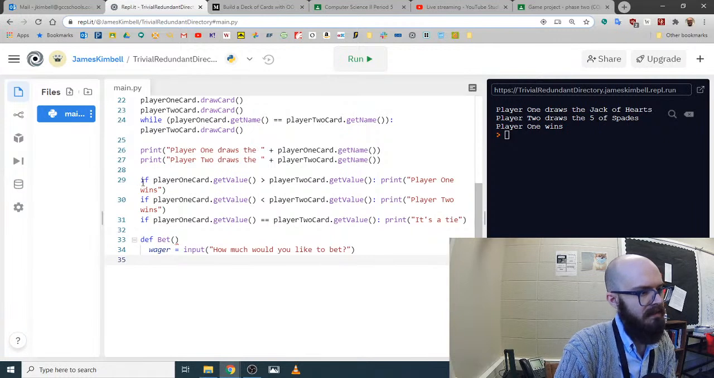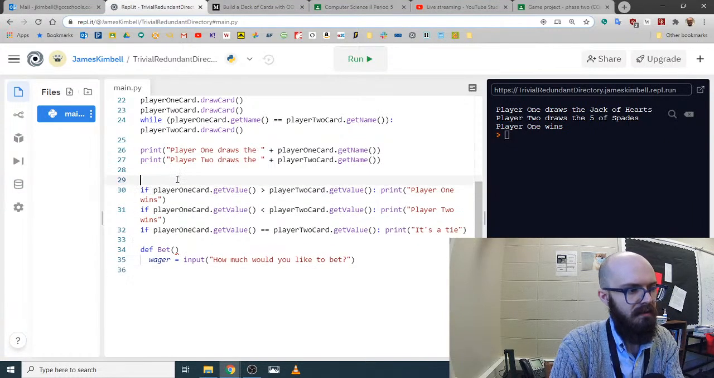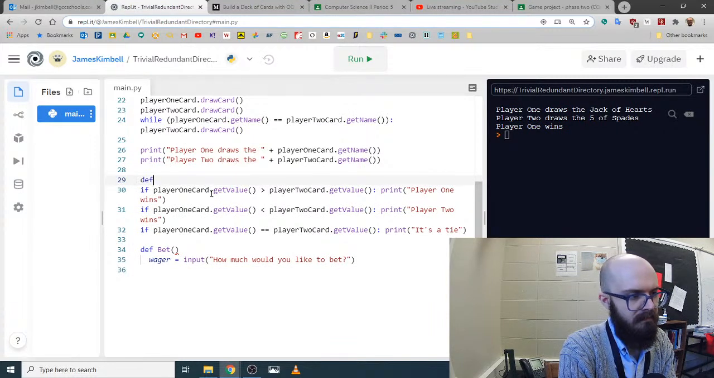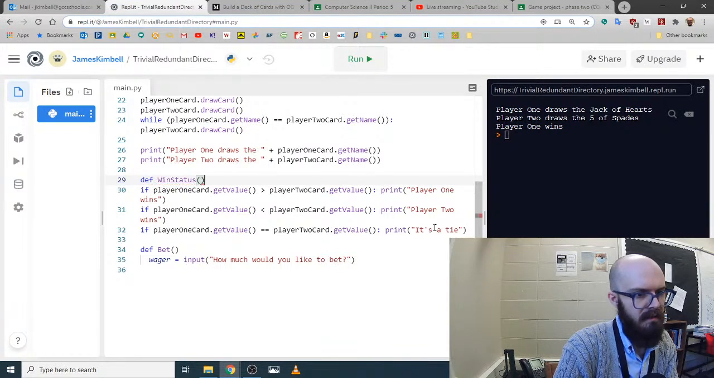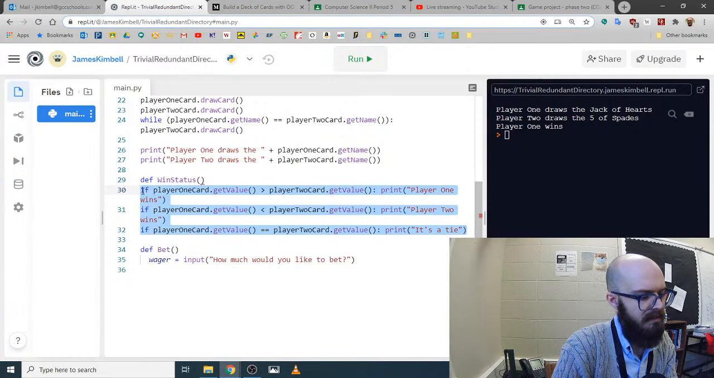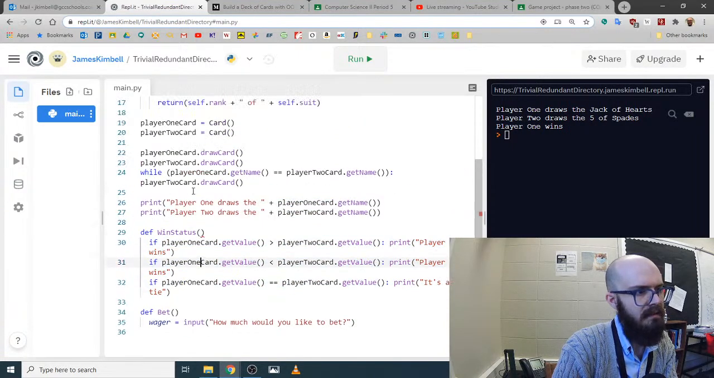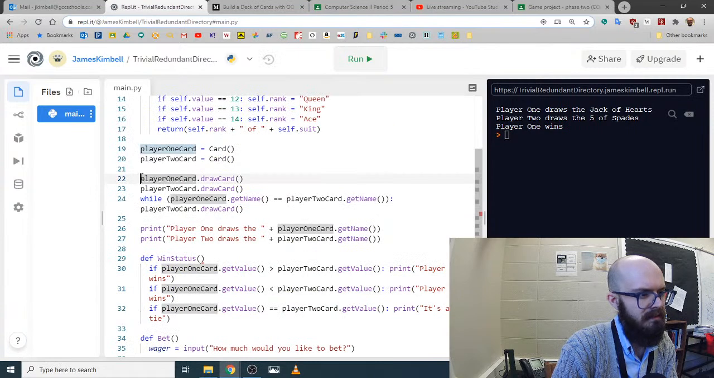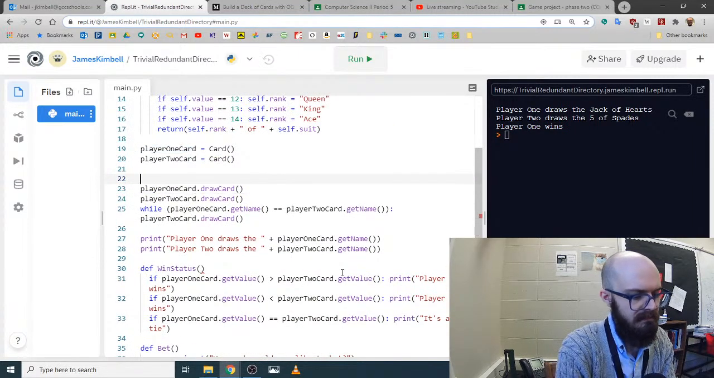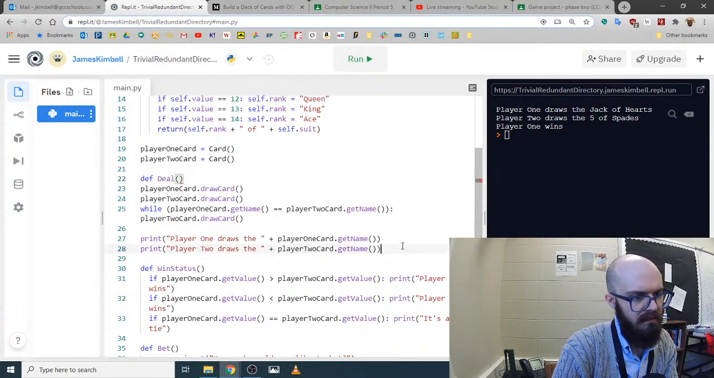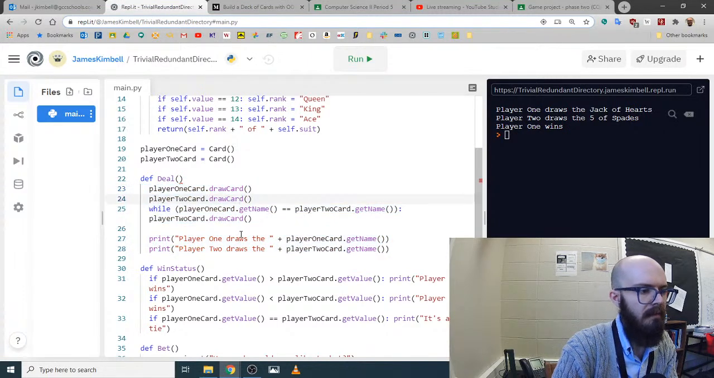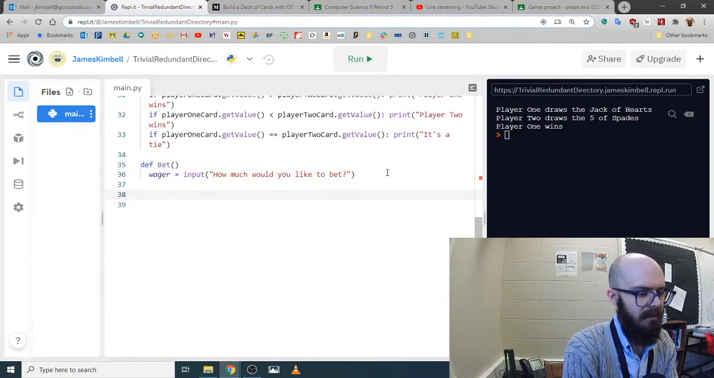Let's wrap these up inside of functions here. So let's call this, what do you want to call that? Test win status, and then if you highlight it all and then hit tab, it moves nicely. And then let's call this deal. This whole thing. And then so we would go bet,